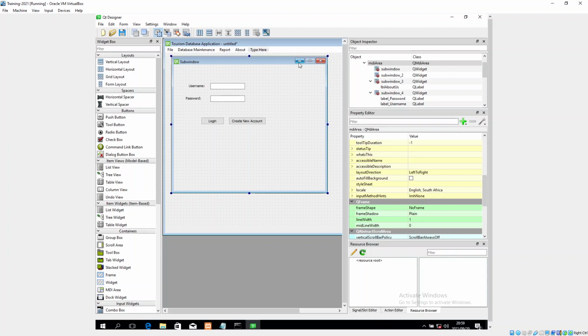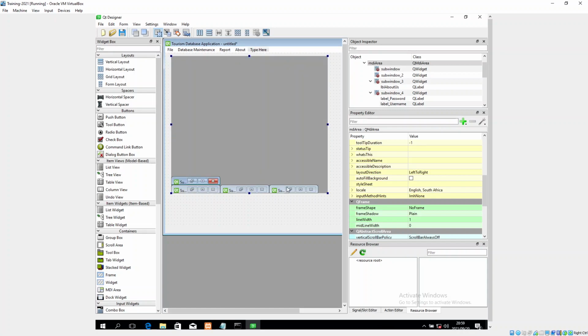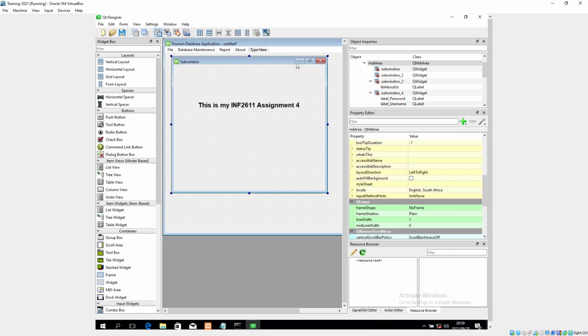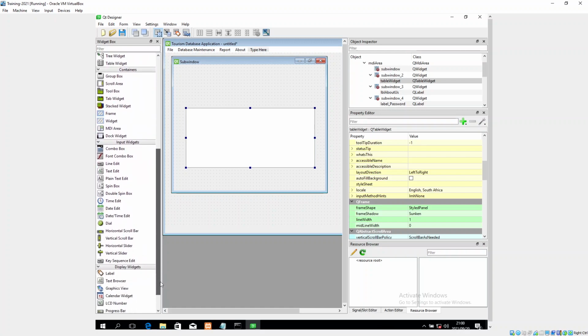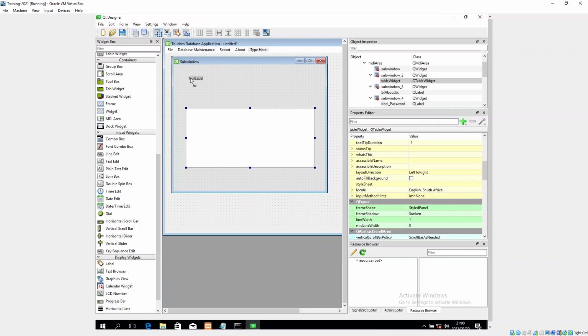Then what I did was I had the reporting option. One of the forms was my reporting option. So let's go here, and what I did for the reporting option is I added a table. It's a table widget. So I actually went to table widget, dragged it down here, I put it across like that, okay, and then what I did was I had two labels, and I put them up here, and this label I called database,